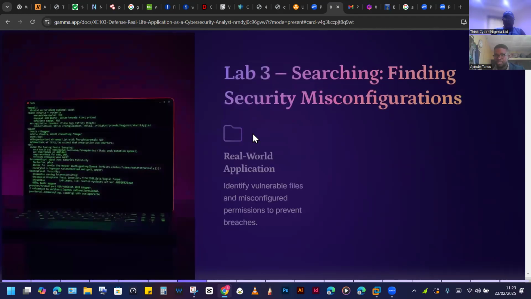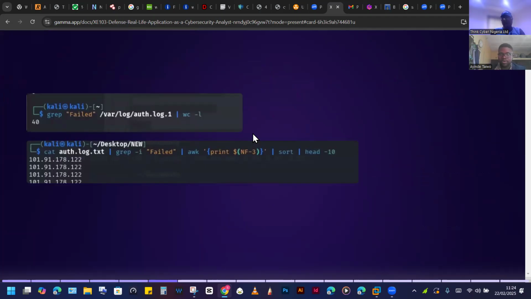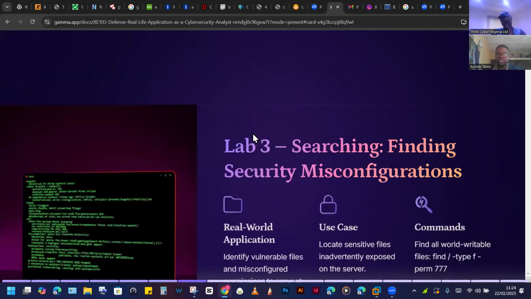There are other text manipulation words. We have grep, awk, sed, and tr too. It's also a part of them. All of them are used in text manipulation and getting exactly what you want from a particular file. Move on to searching,